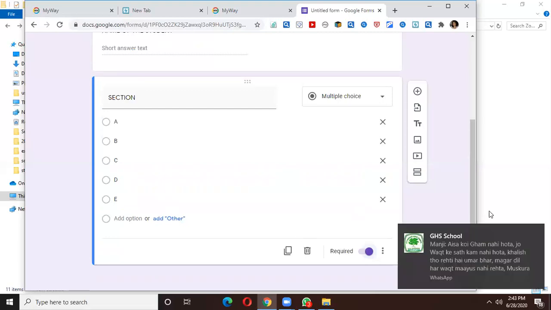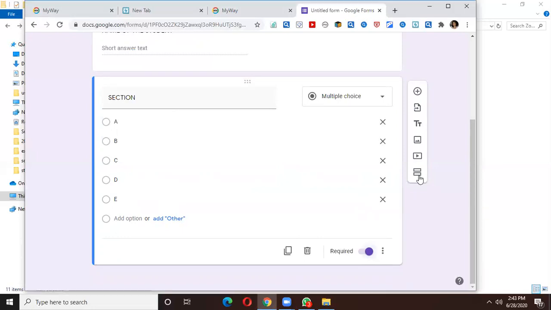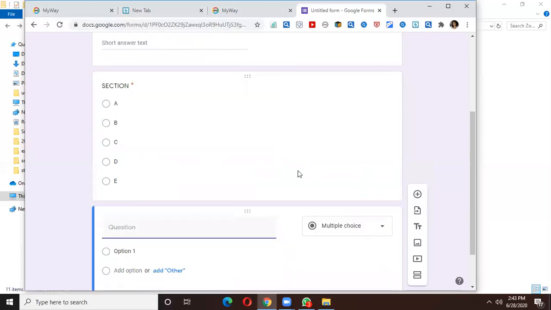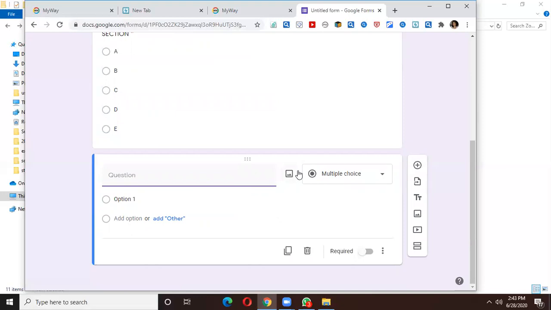So for Hindi teachers, you need to put in another question here. Now, since Hindi teachers are doing their whole question paper as a PDF file and sending it on WhatsApp, in that case what other Hindi teachers can do is they can only give an answer option here where they have to upload a file. Here you need only to answer the questions.